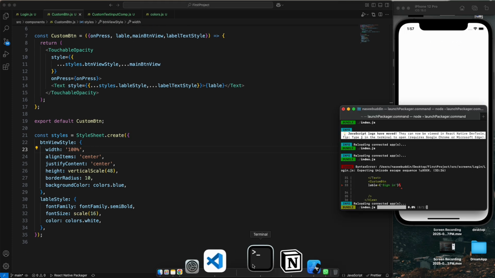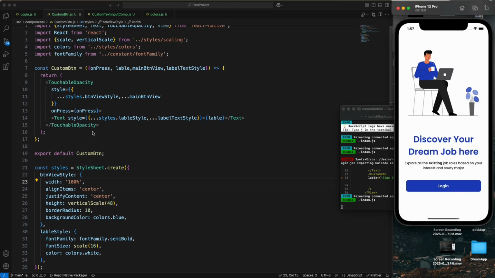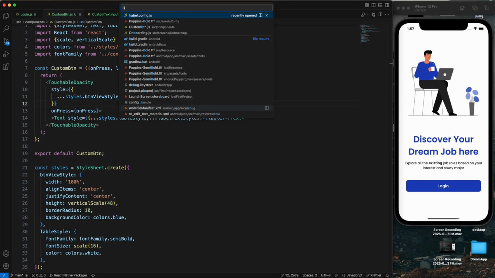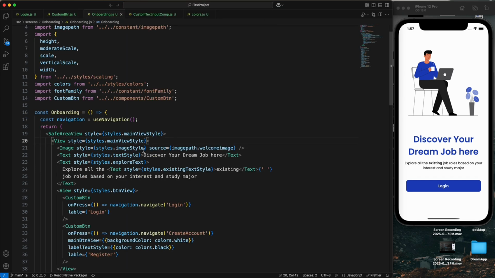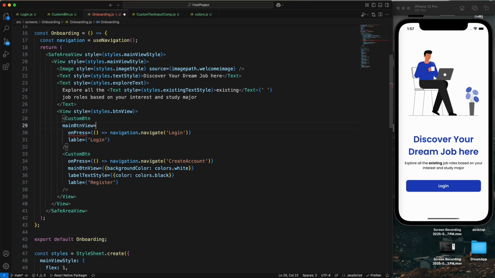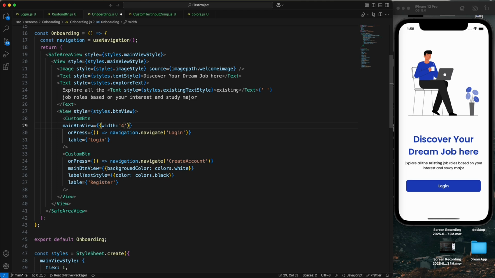So let me reload the app, and we have a login button, and let me copy the main view button style and just go to the onboarding screen, onboarding, and we have a styling. Width, just apply 40% in here, and also just copy,